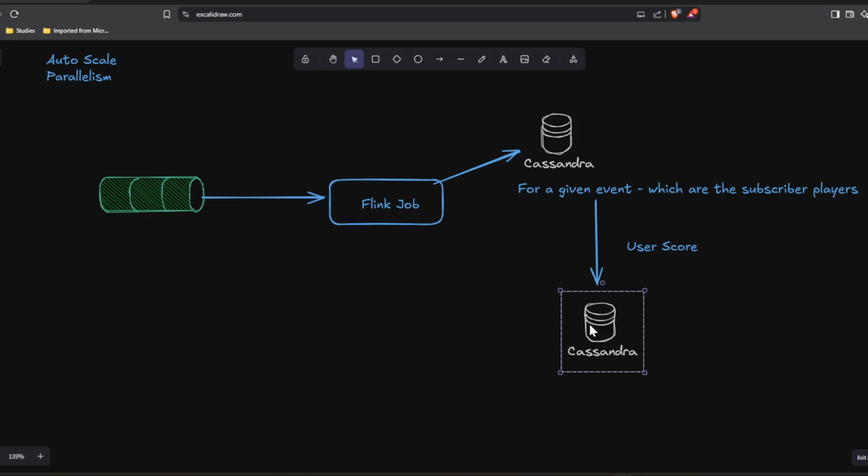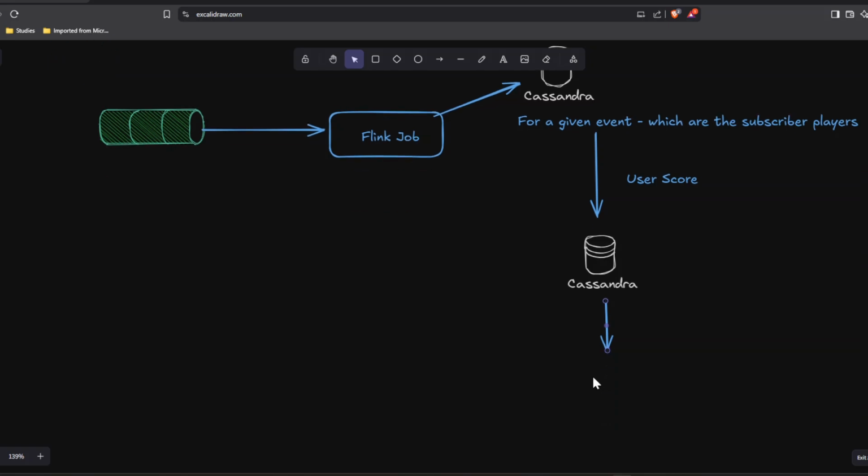So as you can see, now the user score will be updated to Cassandra. Now the user device will have the user score for sure. Once the user score is actually prepared, we are ready to have our leaderboard ready. Let me write it in this way: once all the user scores